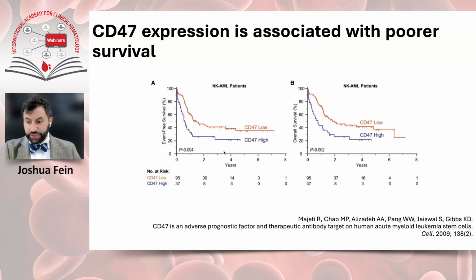One of the interesting clinical correlates they found is that CD47 high expression went along with FLT3 ITD. However, even when looking only at the subset of patients who had FLT3 wild type, and again normal karyotype, they still saw that this relationship was maintained. So CD47 expression is an indicator of a bad actor AML.